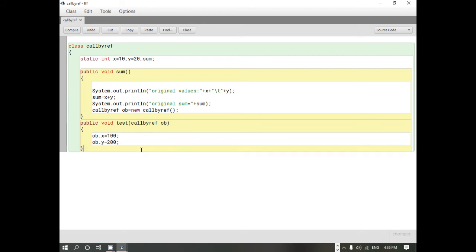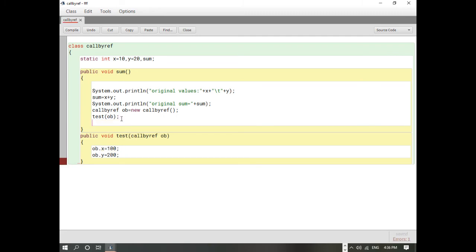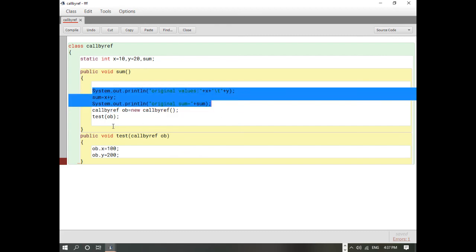In this function, you can see that the object of the class is passed, and the original values, that is x and y, which are 10 and 20 over here, have been changed to 100 and 200. Now let's proceed. Now we will call the function, and here instead of arguments we are passing the object of this class, that is test ob. Then again the same sentence will print what the value will be after calling the function. So I'm going to copy this,